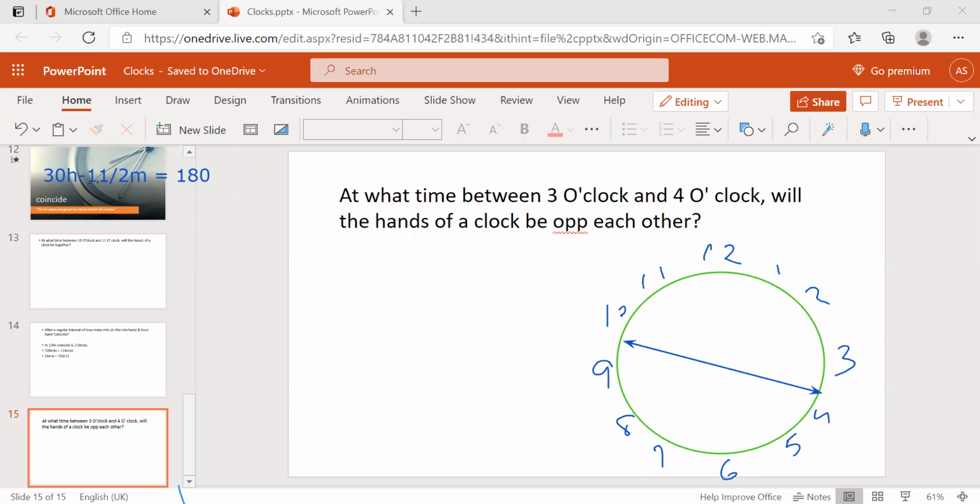Now what's the answer? Just simple. Where will the minute hand be? 9 and 10. The minute hand will be between 9 and 10. So which is the smaller? 9. 9 represents 45 minutes. Then our answer will be 45 by 11.